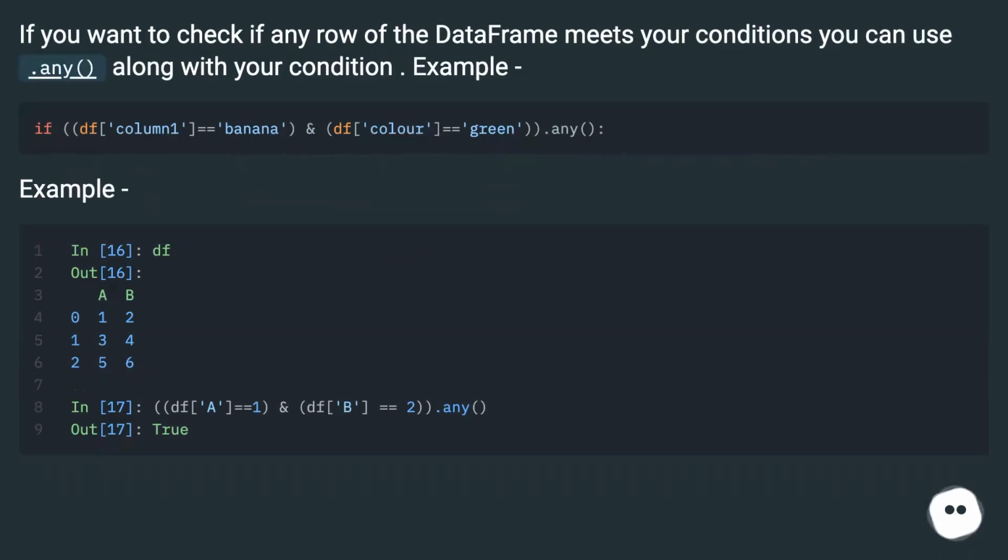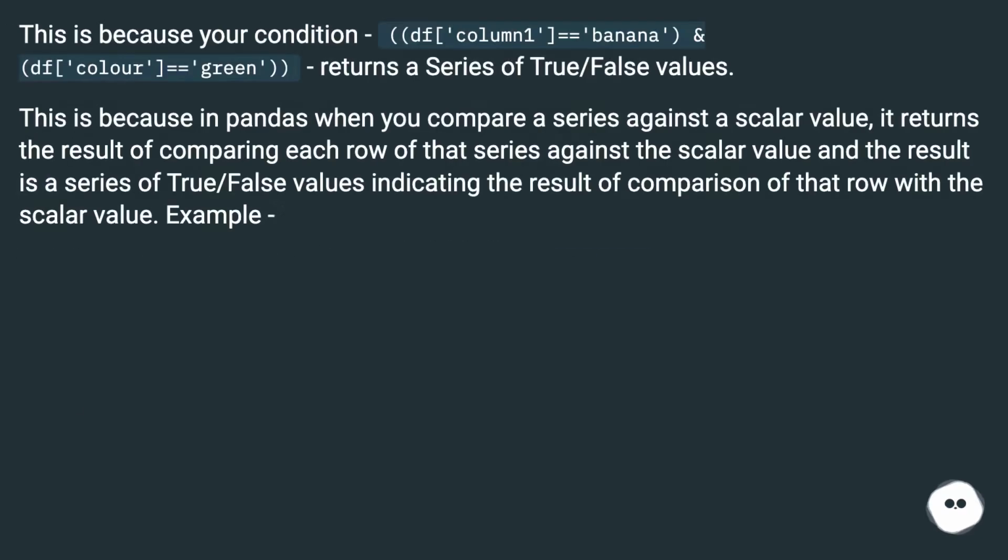If you want to check if any row of the DataFrame meets your conditions, you can use .any along with your condition. Example. This is because your condition, df column 1 equals banana, and df color equals green, returns a series of true/false